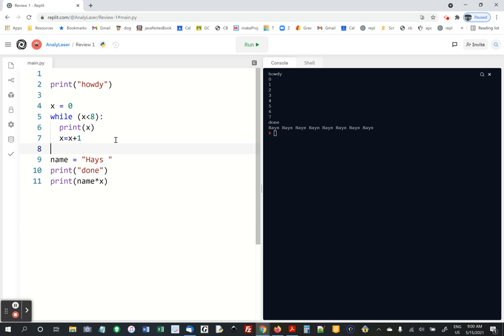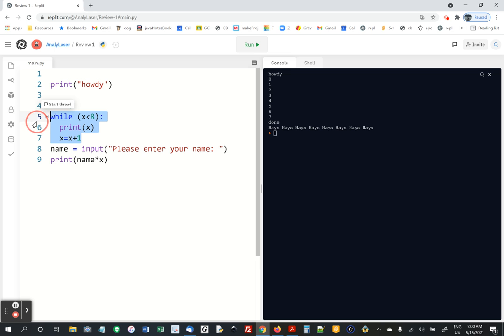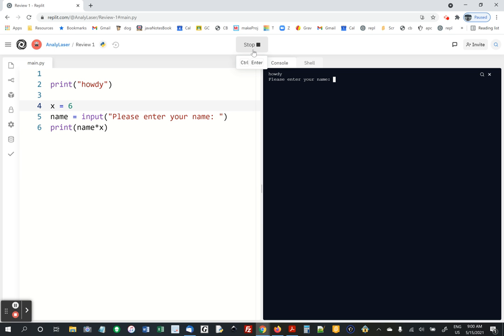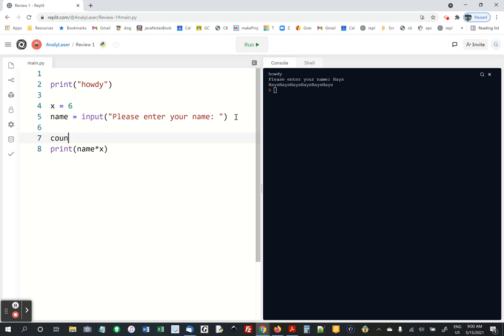I'm going to say name equals input, please enter your name. So instead of having this command where I just store it, I'm going to get rid of done. I'm going to get rid of the loop. I don't think we need the loop anymore. I'm going to say x equals 6. Please enter your name, print name times 6 in this case. All right, and then the next command is